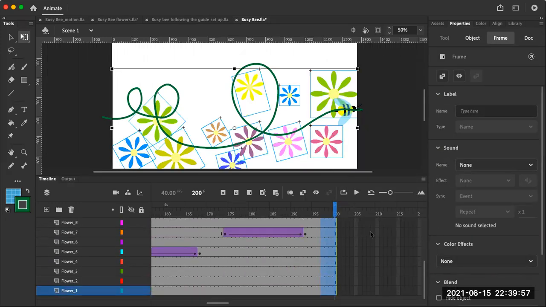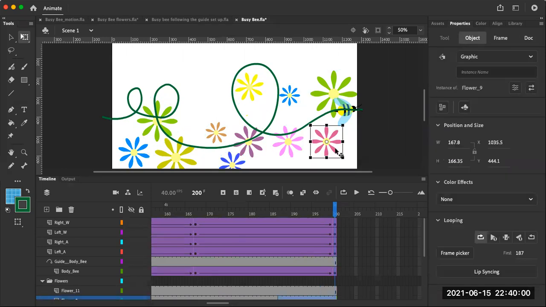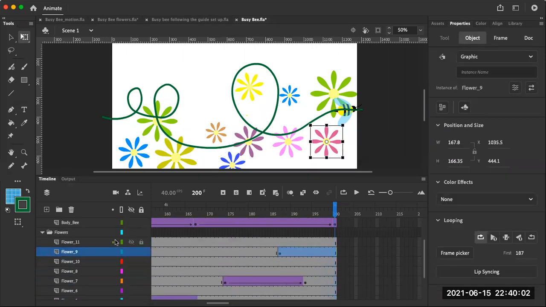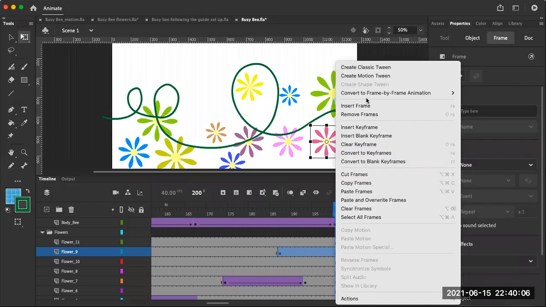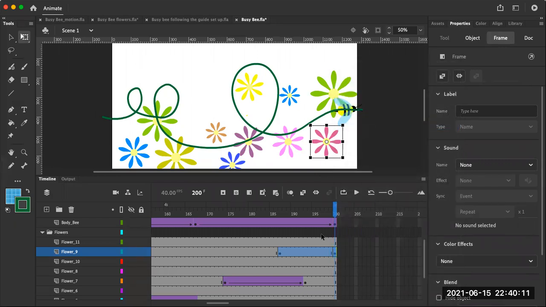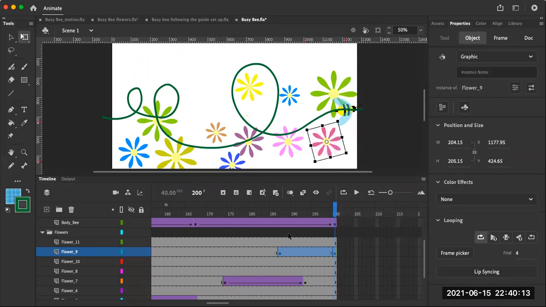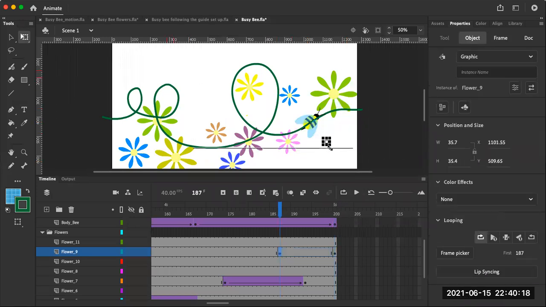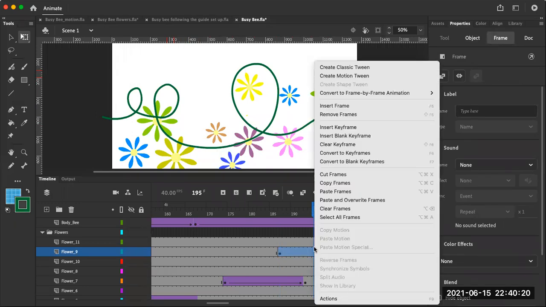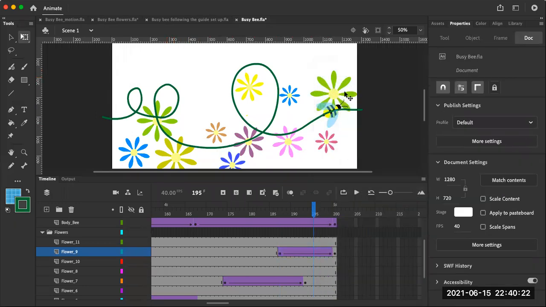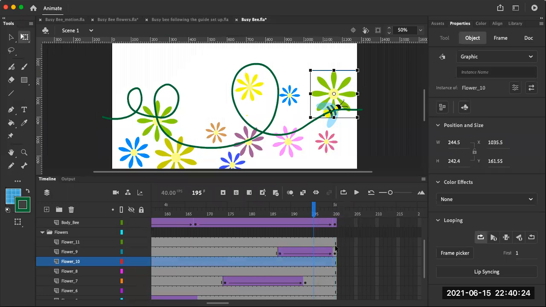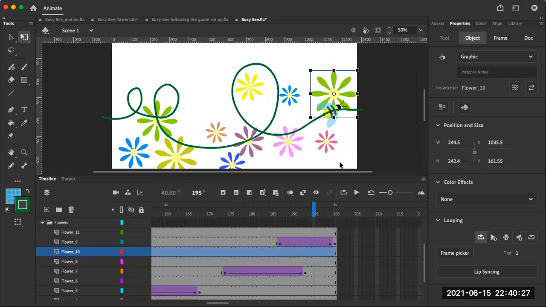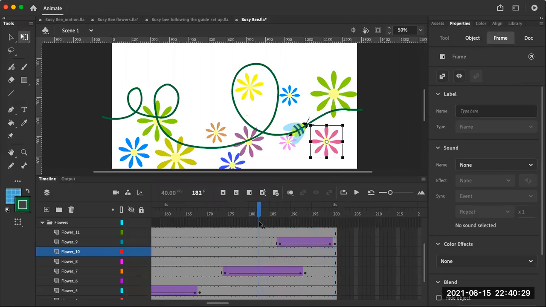All right. To find my layer, that's my 9th. And when it's reaching the end of the loop, I'm going to make it bloom fully and also rotate. This would be very tiny. Double click, classic tween. And my last one over here, my 10th flower, should bloom